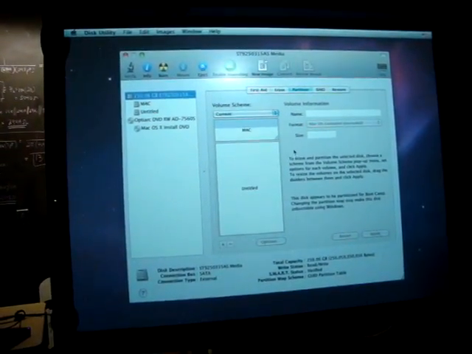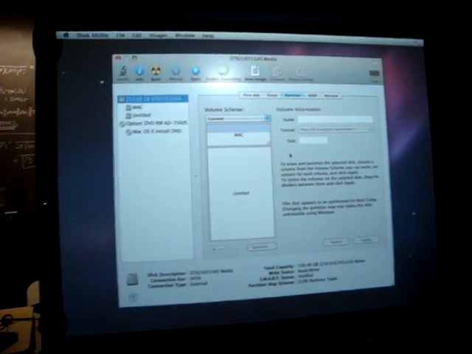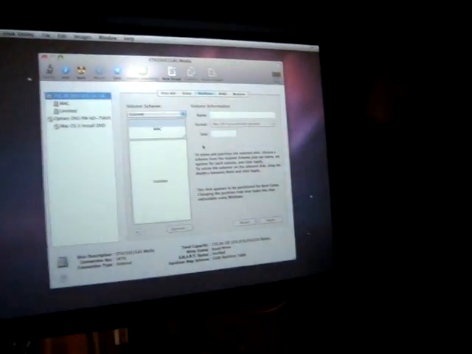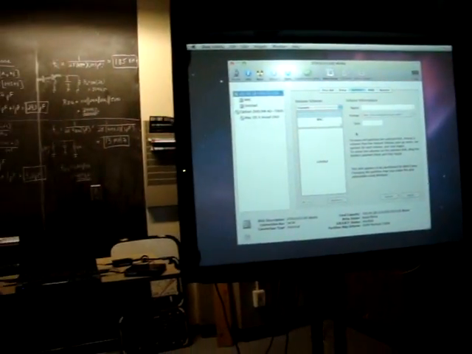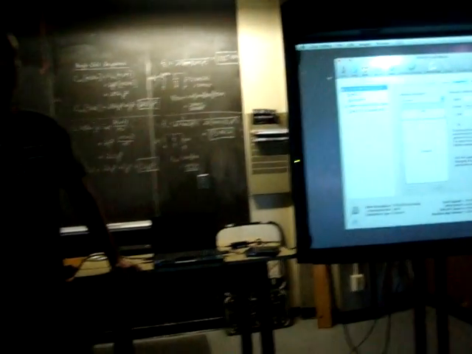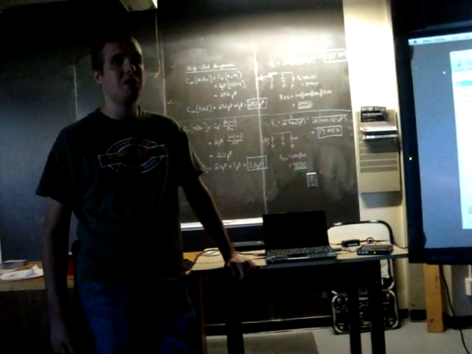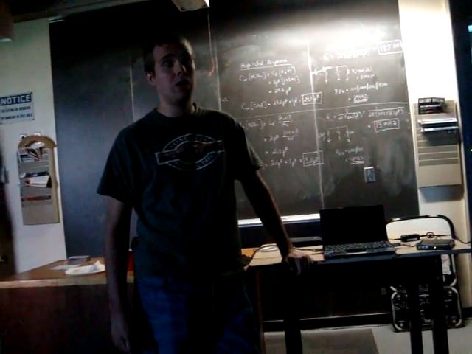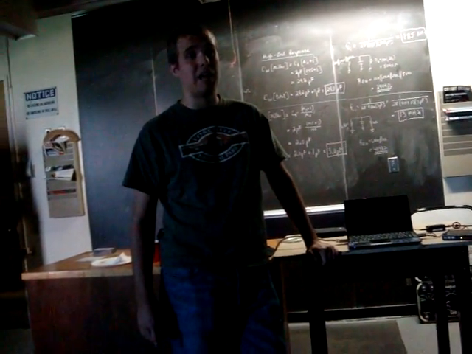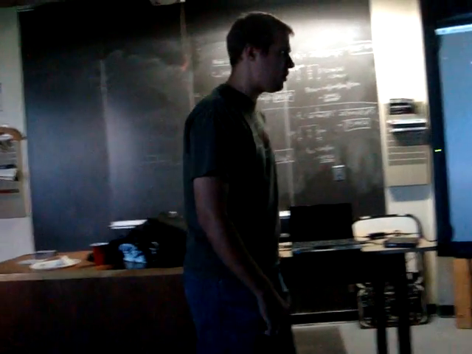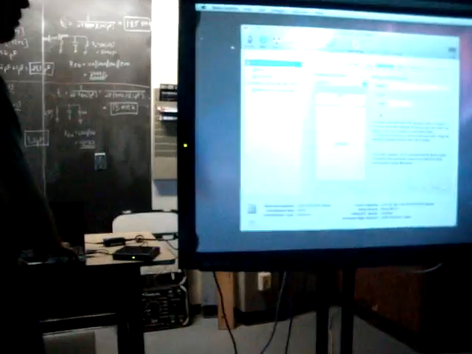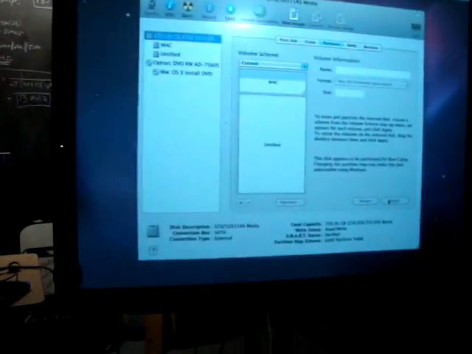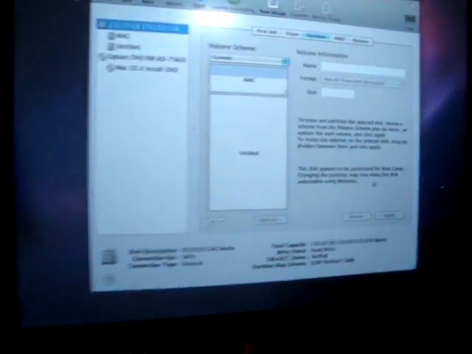Now there are a few ways you can do this. You can either just install Mac on your PC, or if you want, you can even install Windows and Mac on one computer. There is a way you can do that, and I'll just show you the Mac way. So let's say I just want to install Windows. However, whoa, what happened? I can't hit apply. Oh crap. But no, you go value